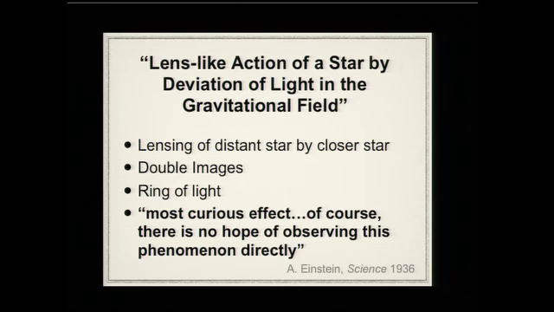And this is called a note to Herr Mandel, because what he did was he published the results of this last effort. And it's called "Lens-like action of a star by the deviation of light in a gravitational field." So he understands that this is acting like a lens. And he goes on to sketch out the equations for lensing of a distant star by a closer star, and the double images that you saw when you were passing these lenses around, a ring of light, describes all of these things. And then he adds,